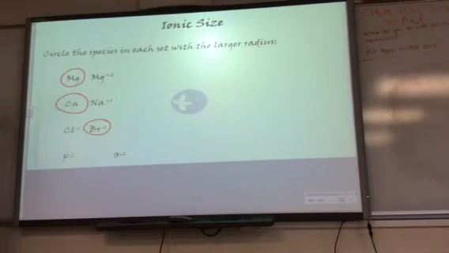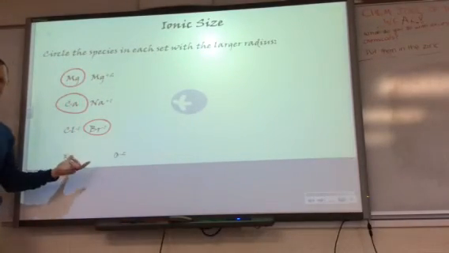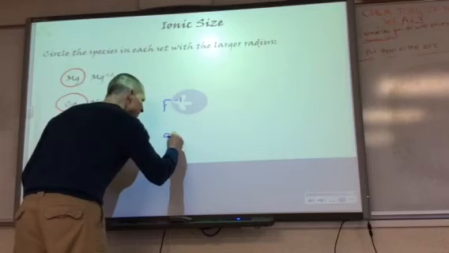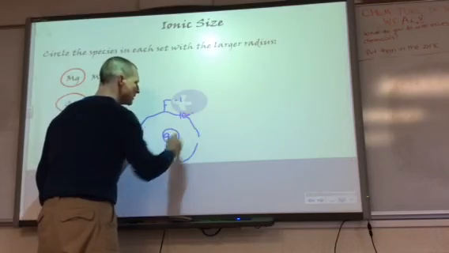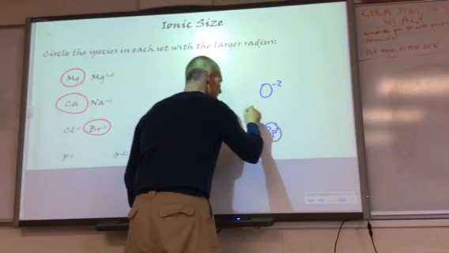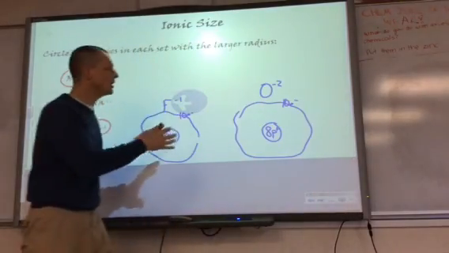Okay, how about, I like this one, the fluoride ion or the oxide ion? Which one do you think is bigger on this? All right, I want you to consider what's happening with each of these. Here's fluoride, so I'm going to do fluoride like this. Fluoride has 9 protons, atomic number is 9, and the 9 protons are holding 10 electrons. And then you have the oxide ion, where you have only 8 protons in the nucleus, and they're holding 10 electrons. Which one is going to not be